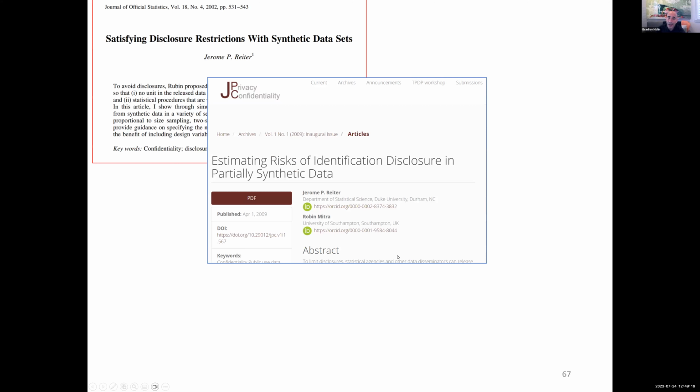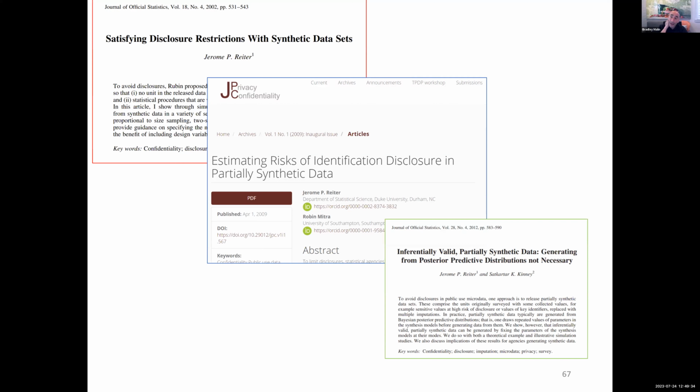There's actually been a lot of research that Jerry Ryder has done on how to create synthetic data for administrative data sets, and he's done work with health survey data. You can do this with the original data. You can also say, let's say we do synthetic data. Is there residual risk associated with it? Can we measure that? And then subsequently, what happens if we only want to generate partially synthetic data to facilitate a system?